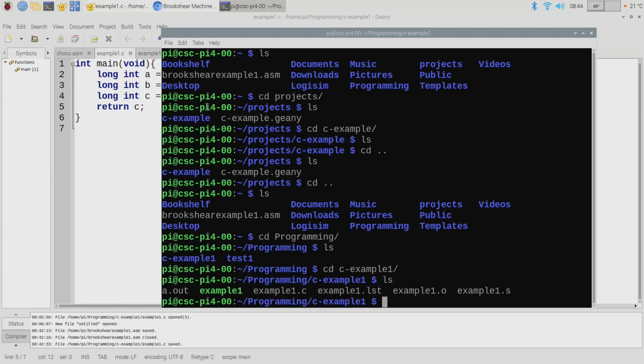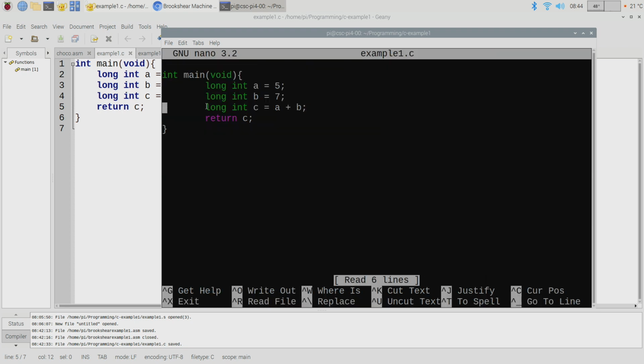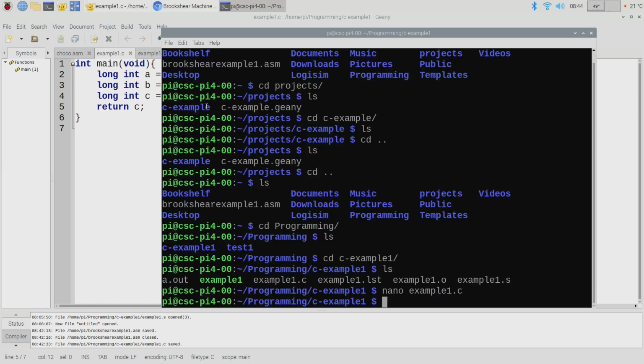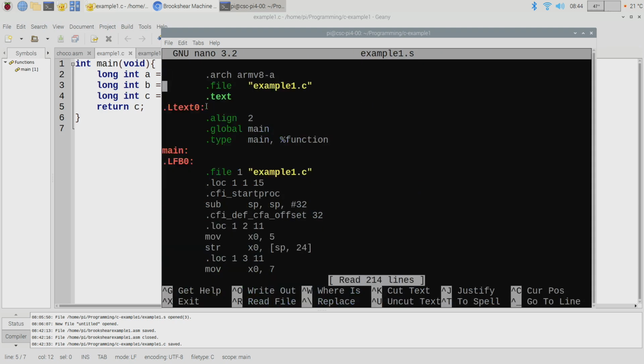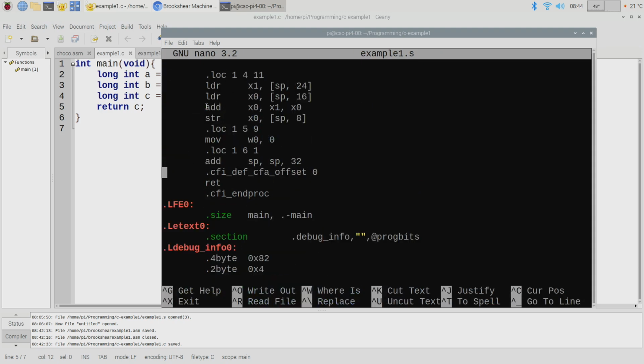Nano is just a console text viewer. If I open up my C file, that's the program we were dealing with. And if I open up the assembly that was produced, there it is.